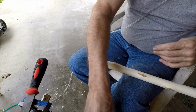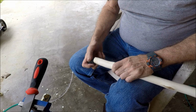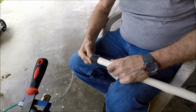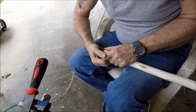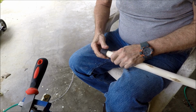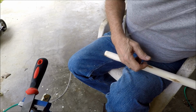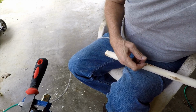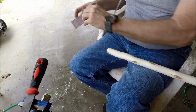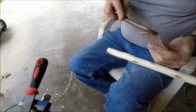And when I'm all done, I'll go over it with nice fine sandpaper. But I think that will do it. I don't know if I got any. Yeah, I do. Yeah. Nice little piece of...